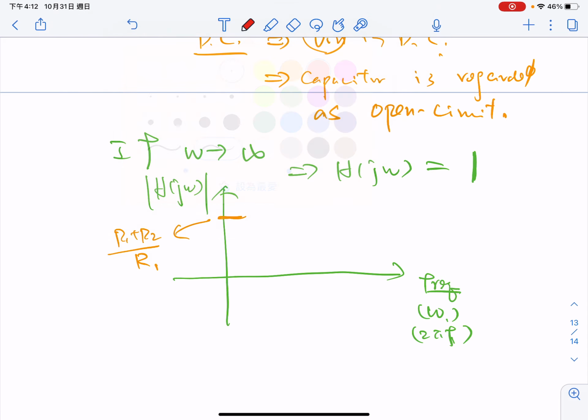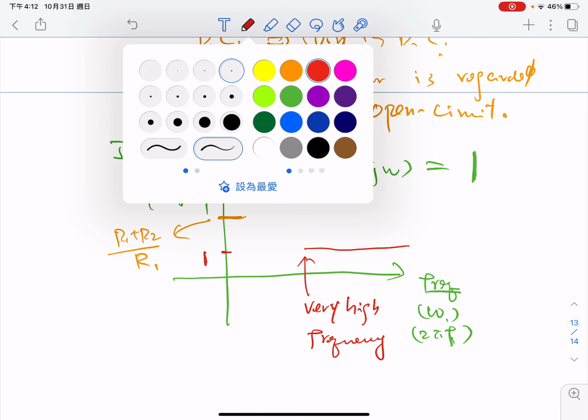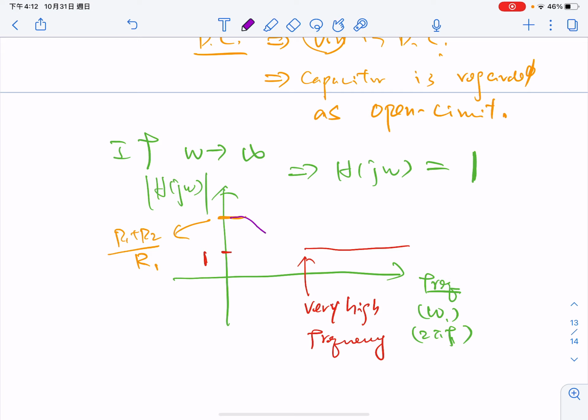But in very high frequency, it is 1. So the frequency response goes from this one gradually to this one. So this is actually not a pure low pass filter, because in high frequency,